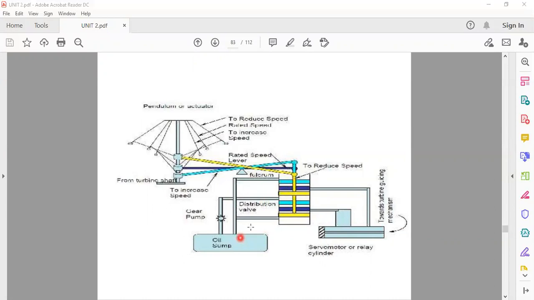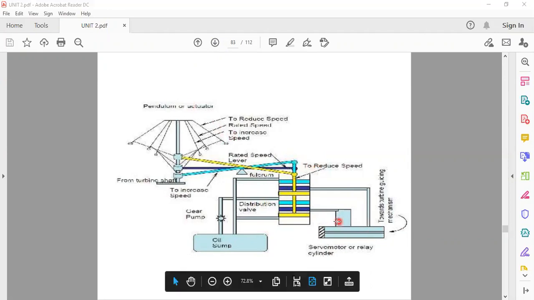So see here, distribution valve to increase speed, the rated speed lever we have seen here, like that, controlling